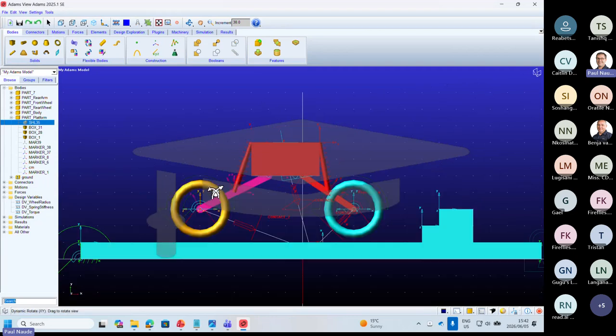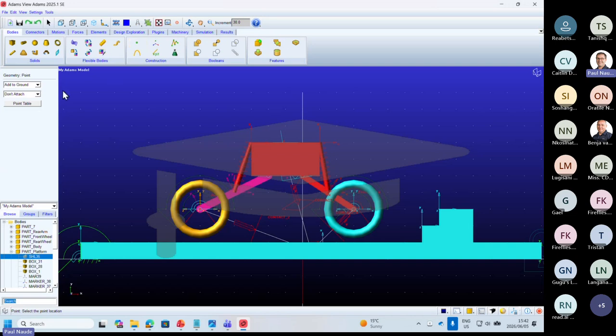Maybe what I should do, oh, this is actually something useful. Let's make a note of this as well. If I want to play around with different locations for the joints, it's much easier to do this in Adams than in a CAD package, because in a CAD package, you will have to recreate the geometry accordingly. What I'll do in Adams is I will create points that I can then move. And what I will do is I will add these points onto